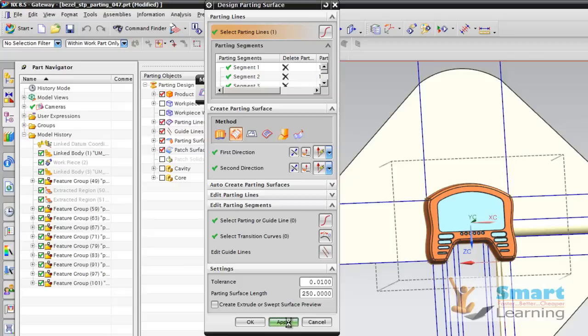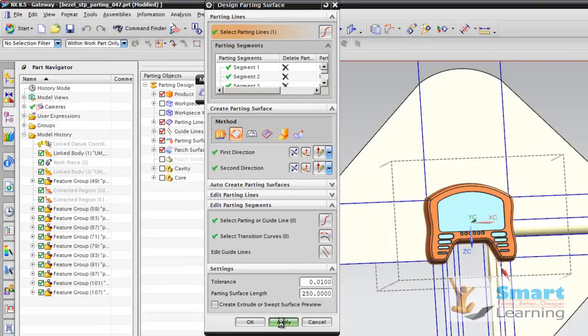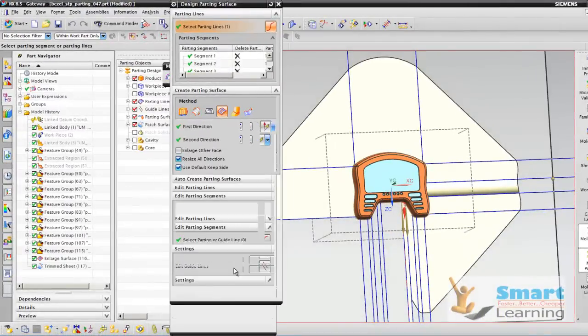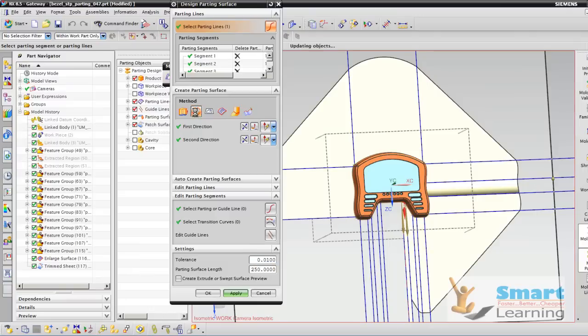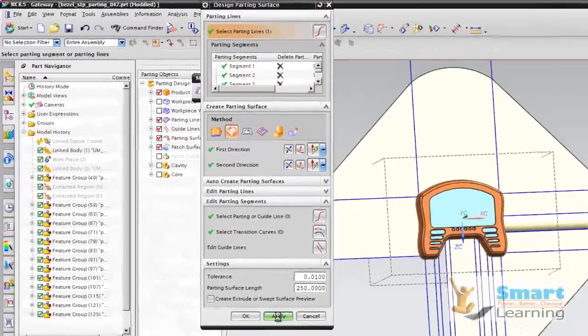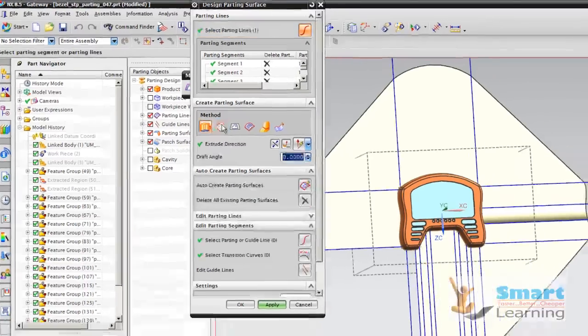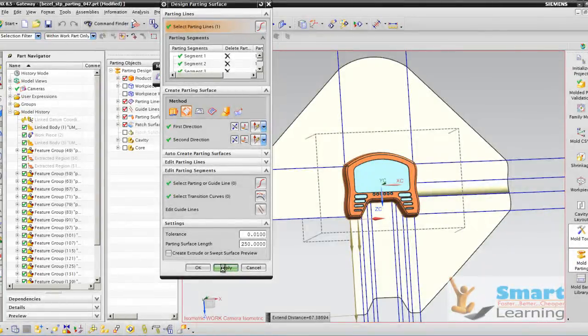So this surface you have to create a little bit more, intersecting your workpiece. So this is very important, and you continue for finishing the rest of all the guidelines, and in between you create your surface patch, and after creating this surface patch you will be able to completely cover it. So carefully you have to select the guides, and you have to form the complete loop which you are requiring, and then you will be able to extract the core and cavity out of this.